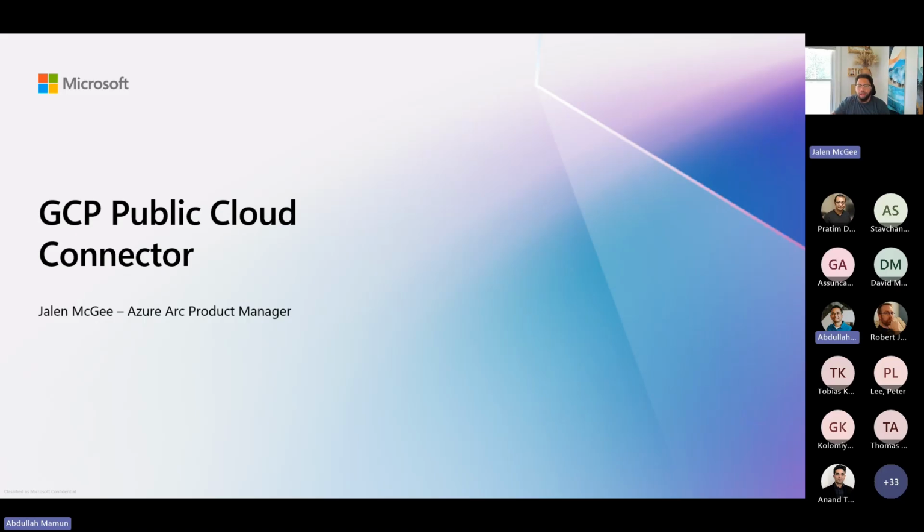Hi, folks. I'm Jalen McGee, product manager on the Arc team, and today I'll do a high-level overview of the GCP Public Cloud Connector. As folks may know, currently the AWS Multicloud Connector is GA, and we're working on the public preview for GCP support as well. So I'll do a high-level overview, and then I'll also give you a sneak peek into what the experience will look like for our GCP Public Cloud